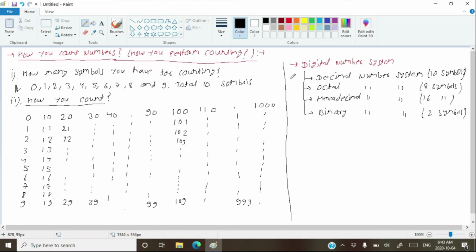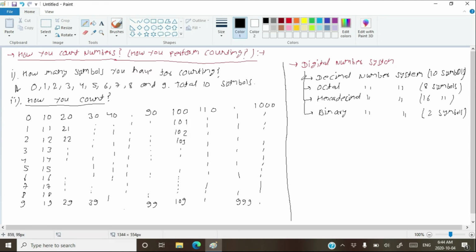Why have humans always adopted the decimal number system in any part of the world? Because I think human beings have 10 fingers. People used to count on their fingers. That's how the decimal number system exists all over the world. And the decimal number system is very obvious for us. We think in the decimal number system. We can never think in the octal, hexadecimal or binary number systems. So this is the decimal number system.